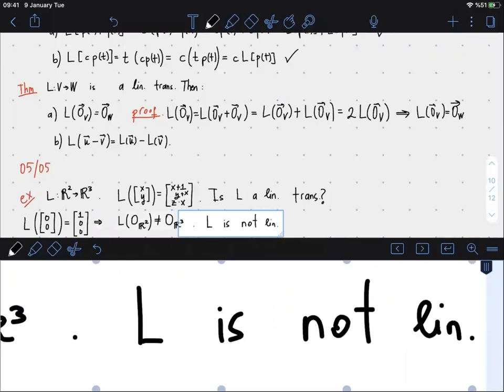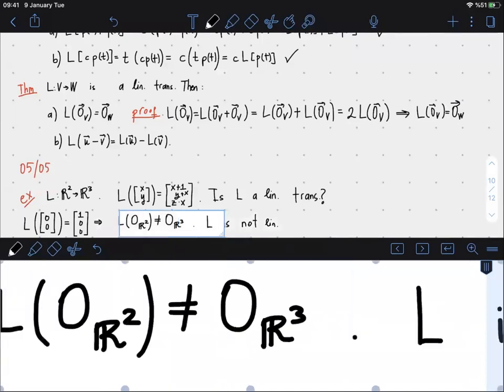Okay, so this is a useful property. On the other hand, I want to stress that if this were the 0 vector on the right hand side, it doesn't mean that it's a linear transformation. If these are not equal, then it's necessarily